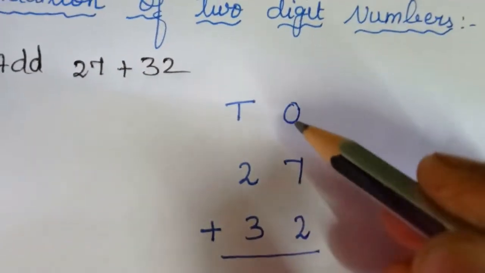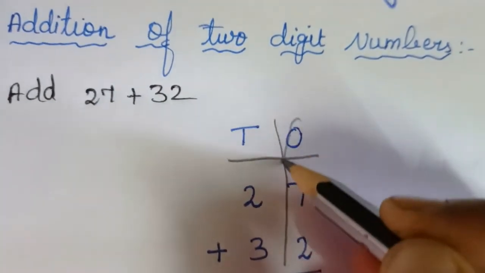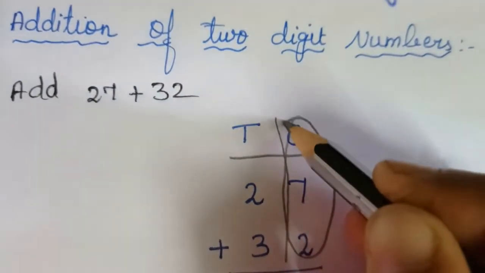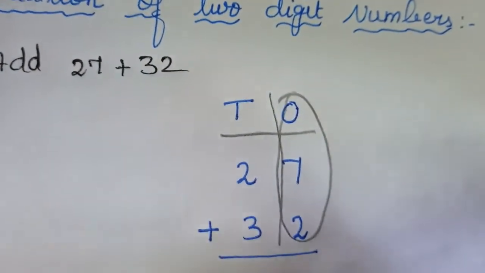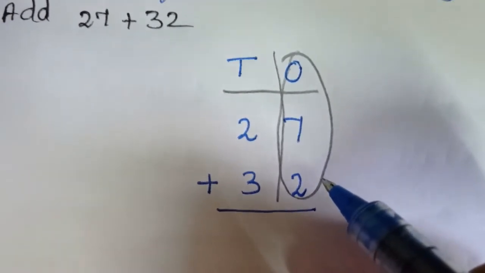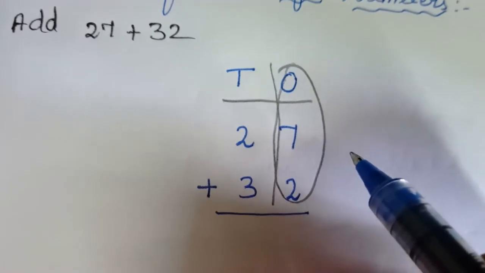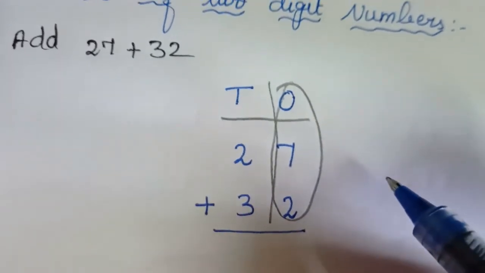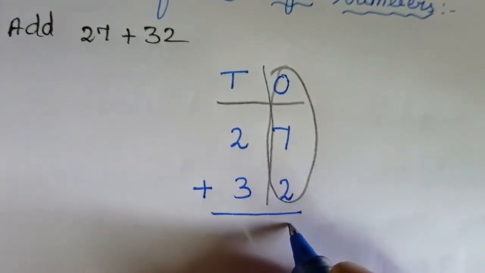We have to add the values in the ones place. Okay, this is the ones place value. We have to add it in the ones place. So 7 plus 2, how much? Keep 7 in mind, that means the bigger number, and take 2 fingers. 7, after that 8, 9. So the answer is 9.